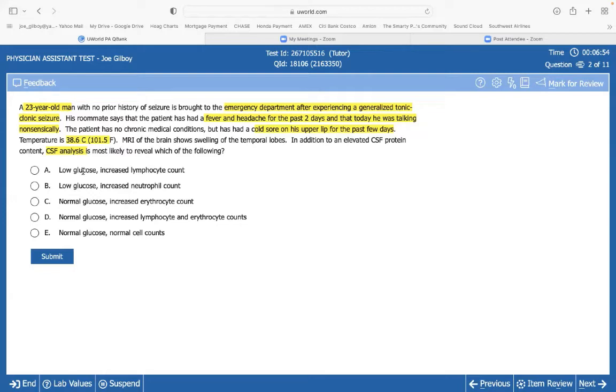So, you're a virus, right? Do you eat? No, really, do you eat? You're like, no, I don't eat. I'm a virus. I don't eat, which means my glucose level is going to be normal. Okay, good. See how we knocked out 2? So you're a virus, so what's going to be elevated, neutrophils or lymphocytes? You're like, lymphocytes, Joe. Then all of a sudden you get caught here. You're like, I didn't know it could increase erythrocyte counts, but this is the only one that's just good enough. It's not 100%, but it's just good enough. All right, I'll take it.